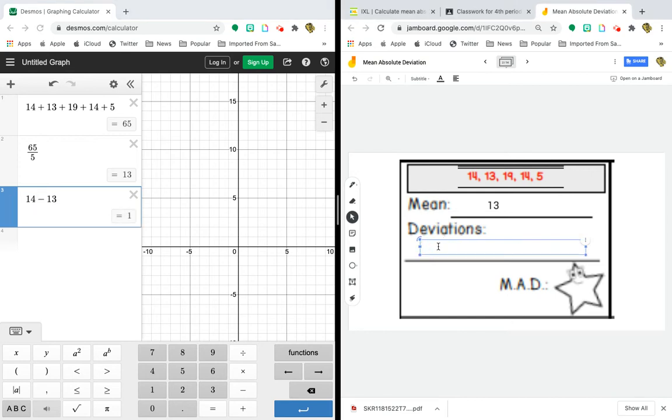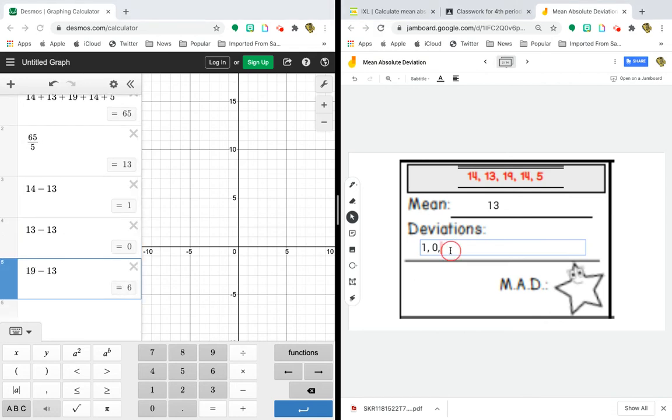So I'm going to go ahead and write 1, comma, and then 13 minus 13, that's 0, comma, and then 19 minus 13 gives us 6,